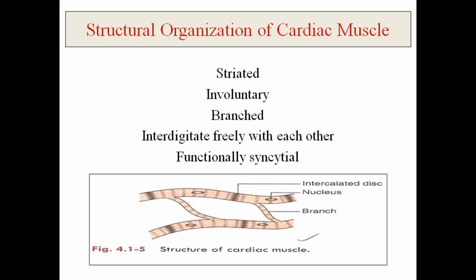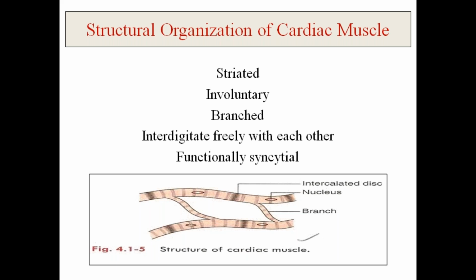The heart has in situ pacemakers which generate its own impulses, and because of these impulses your heart contracts and relaxes. Though the rate of your heartbeat can be regulated from the higher centers through sympathetic and parasympathetic nerves, the genesis of the impulses which cause the heart to beat arises from the heart itself. That's why if you cut the heart away from the human body, you can still see it contracting and relaxing. Okay, they are involuntary in nature.